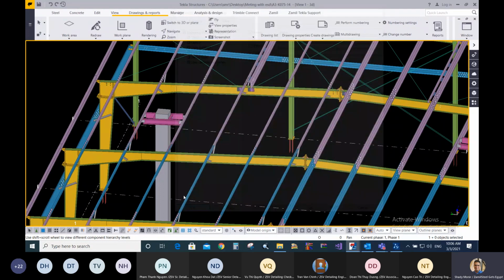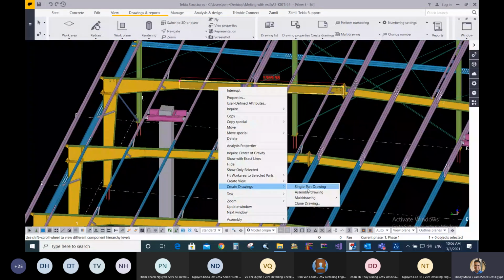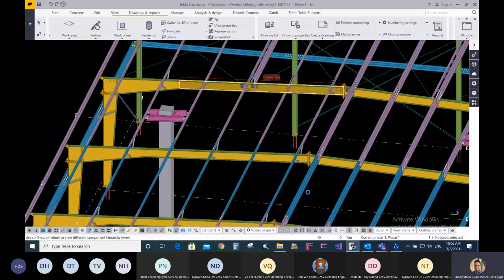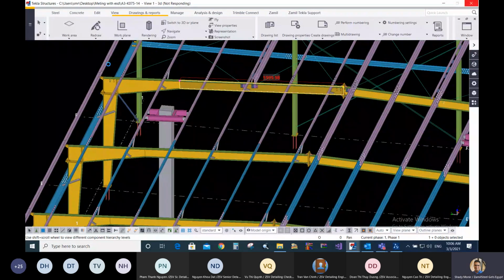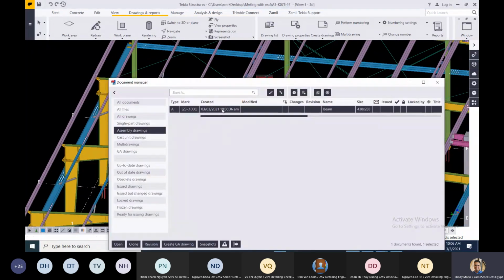Apply OK, and let's try to create the drawing as per the attribute. So the drawing is being created now. If we open the drawing and see the output,